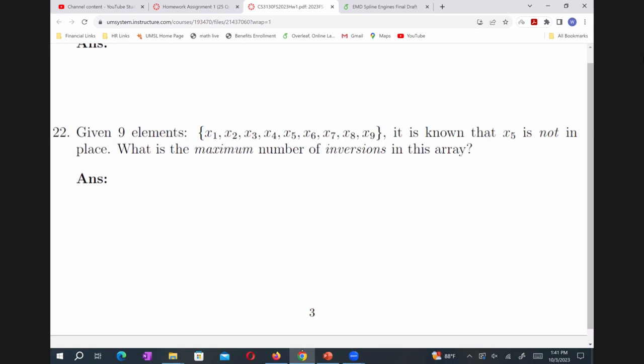Then, can you answer this question? The maximum number of inversions. I believe the maximum number of inversions is when it would be like completely out of order. So like it would be like 9, 8, 7, like that. All right. Good. So let me say this way. The order of the array elements descending order. Descending order corresponds to the maximum number of inversions.